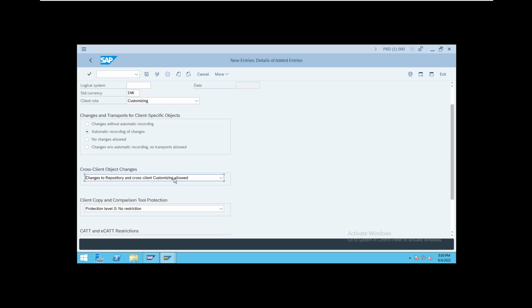If you say no changes allowed to repository, you cannot do any development, modification, or enhancement. Our development client is where we do modifications, enhancements and developments. When you can do all these things, the changes to repository and cross client customizing are allowed. If I say allowed, and I do any changes, modifications, enhancements, or developments, it should prompt for